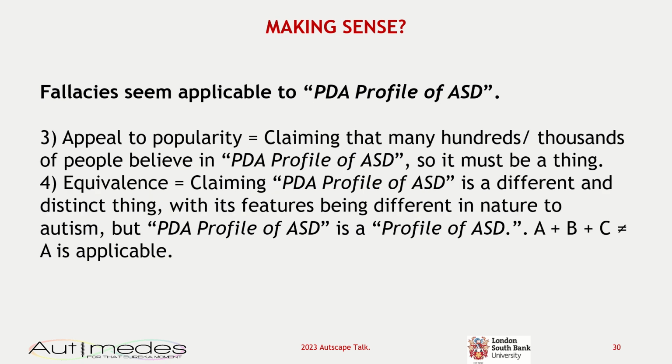So the third one is appeal to popularity. So claiming that many hundreds, if not thousands, of people believe in PDA profile of autism, so PDA must be a thing. There's also the equivalence fallacy. So claiming that PDA profile of autism is a different and distinct thing, with its features being different to autism, but PDA profile of autism is a profile of autism. And this is just